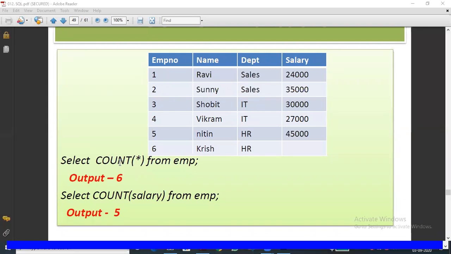That's what I'm coming to explain. Count all means it will count all the number of rows. It won't think about whether any field contains an empty value or a null value. It's not thinking about the salary only, all the columns I'm saying. Count means number of rows. Very simple. I will tell you the count all function is used to get the number of rows in the table. That is a very short form. Number of rows are there, sir. 6 rows are there.